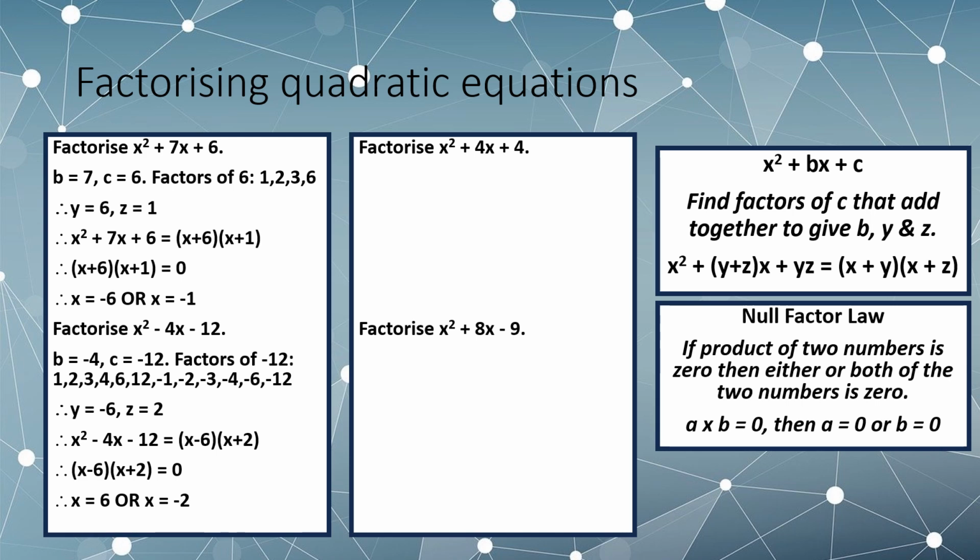Okay, our next one is x squared plus 4x plus 4. So we have b is equal to 4 and c is equal to 4 in this case as well. Our factors of 4 are 1, 2, and 4. In this case, to get 4 just by itself, for that b value, we'll have y equals 2 and z equals 2. This will give us x squared plus 4x plus 4 is equal to x plus 2 multiplied by